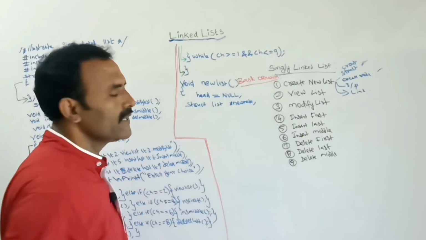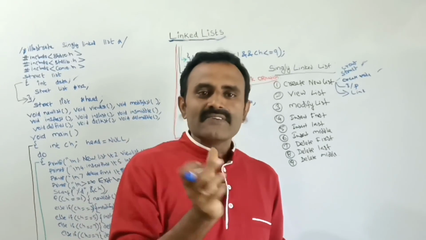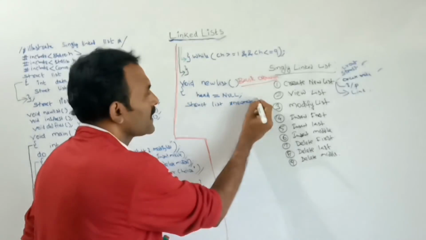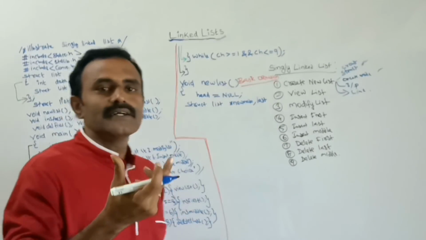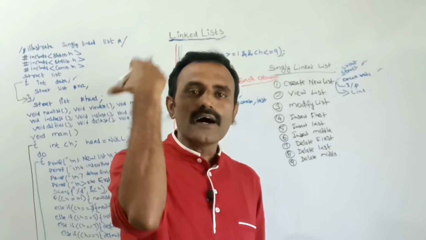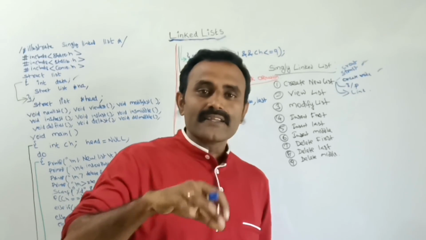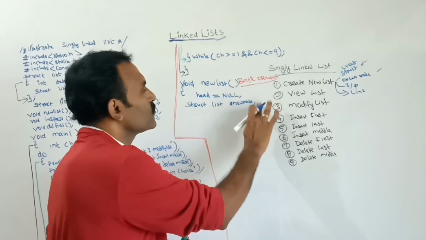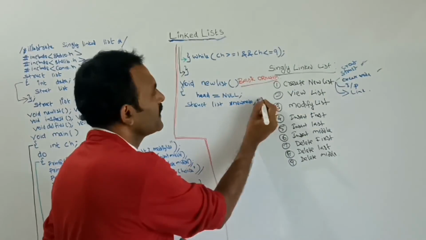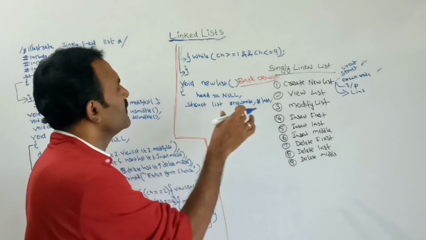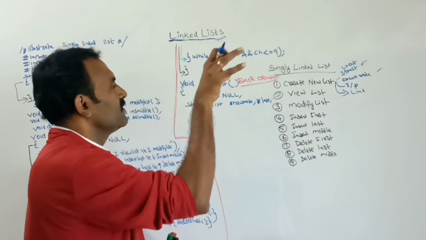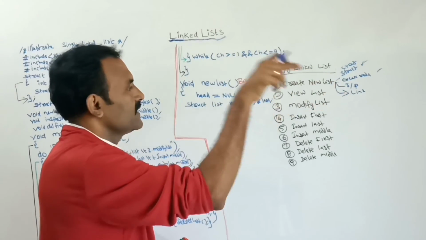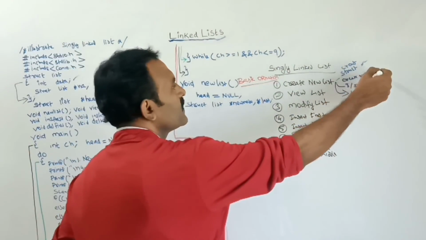Next, this is important. This head always points to the very first starting address. In the same way, let us assume this one as last, that last pointer variable always fetches the last address of a list. The last data address is fetched by this last pointer variable. Since it is a pointer variable, you should use the star, next last. So totally how many pointer variables do we have? Head for fetching the starting address, new node for creating the new node, and last for fetching the last address. Next we need to create a node.